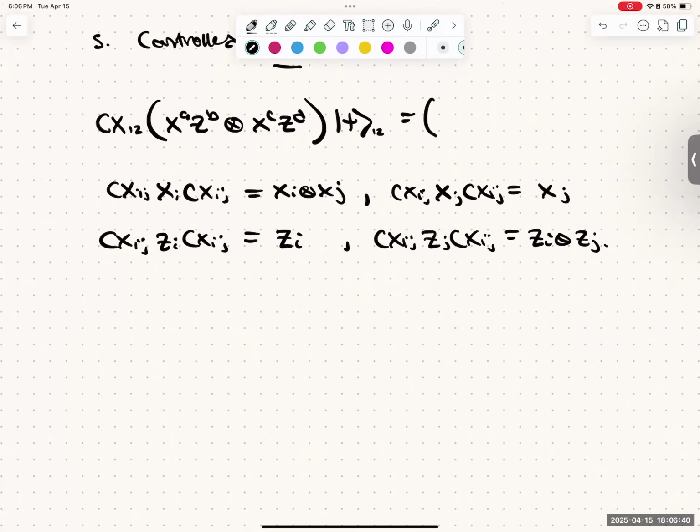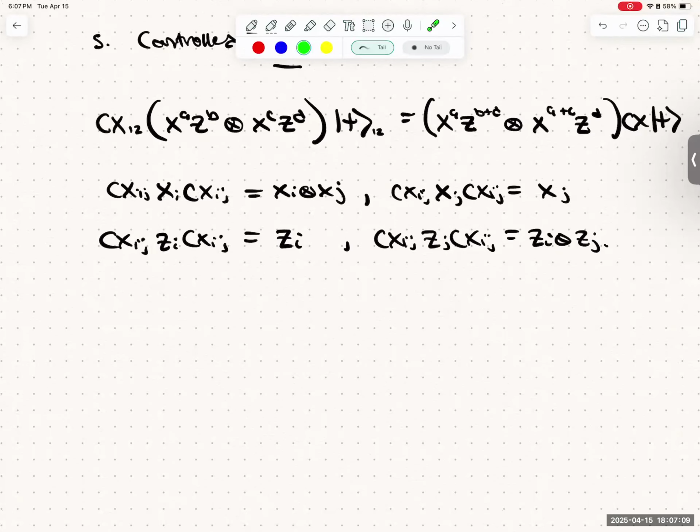So you get something that looks like XA Z B plus D tensor X A plus C Z D CX psi. So again, this is coming because when I apply CX on the first qubit, I am going to,